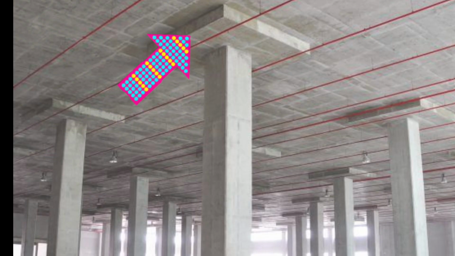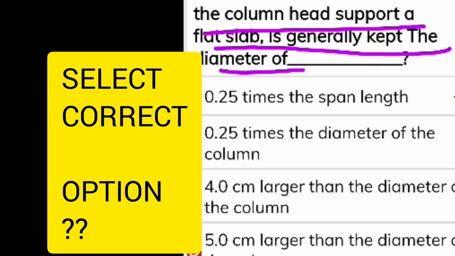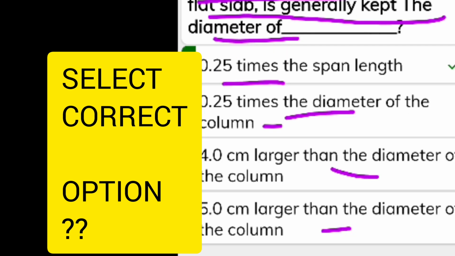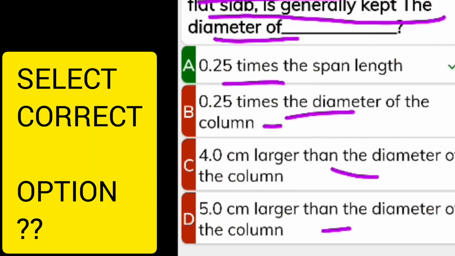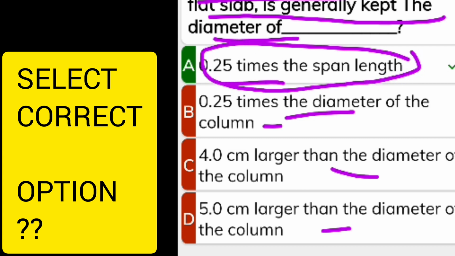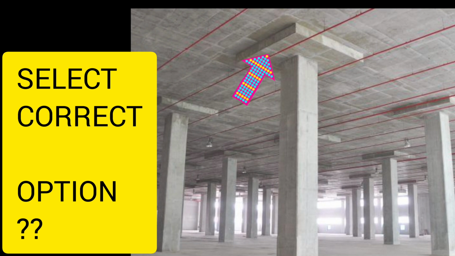The column head supporting a flat slab is generally kept at a diameter of 0.25 times the span length, 0.25 times the diameter of the column, 4 cm larger than the diameter of the column, and your option D is 5 cm larger than the diameter of the column. So the column head to support the flat slab shall be kept 0.25 times the span length. Right, this is the head of the column